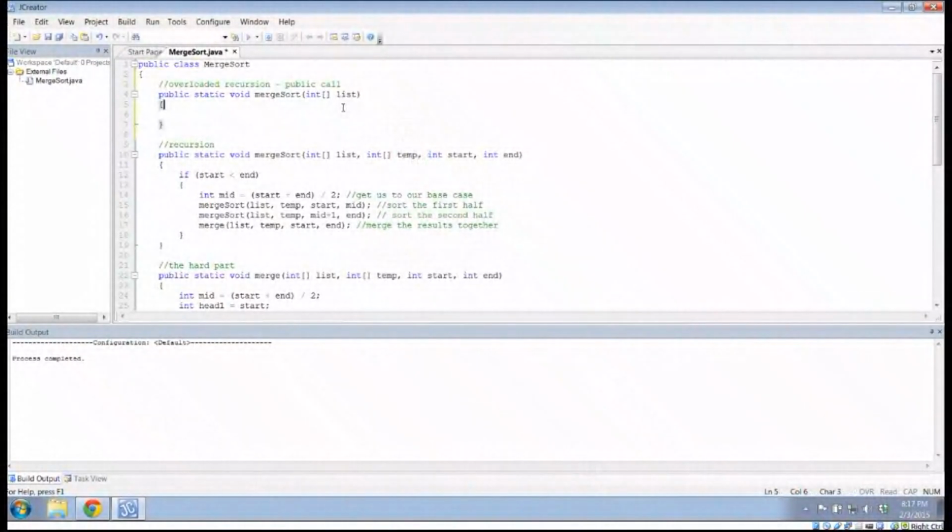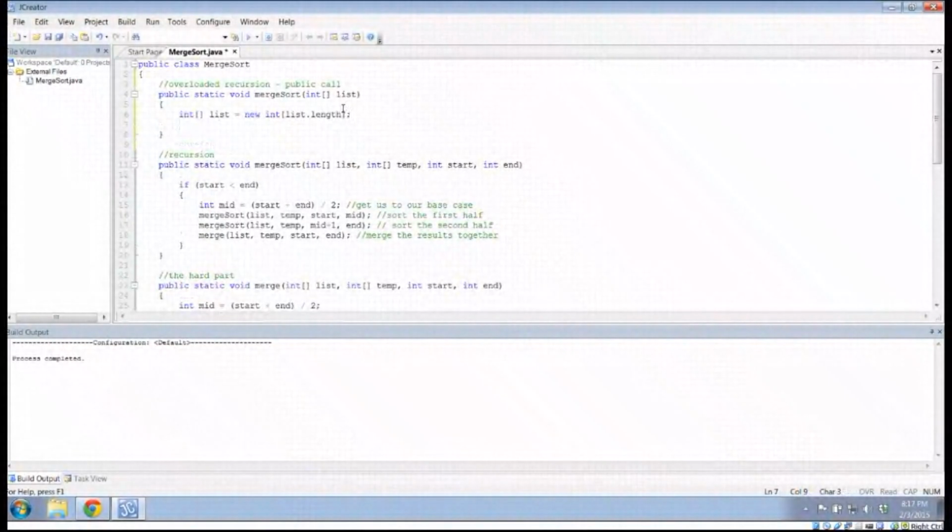I still need to come up with a temporary array, and it should be as big as my list. So int[] list gets new int[list.length]. So I create a new array. It's got to be the same length as my original list. I'm going to start at the beginning, which is 0, and go on to the end of my list, which is list.length minus 1. So I'm going to say MergeSort